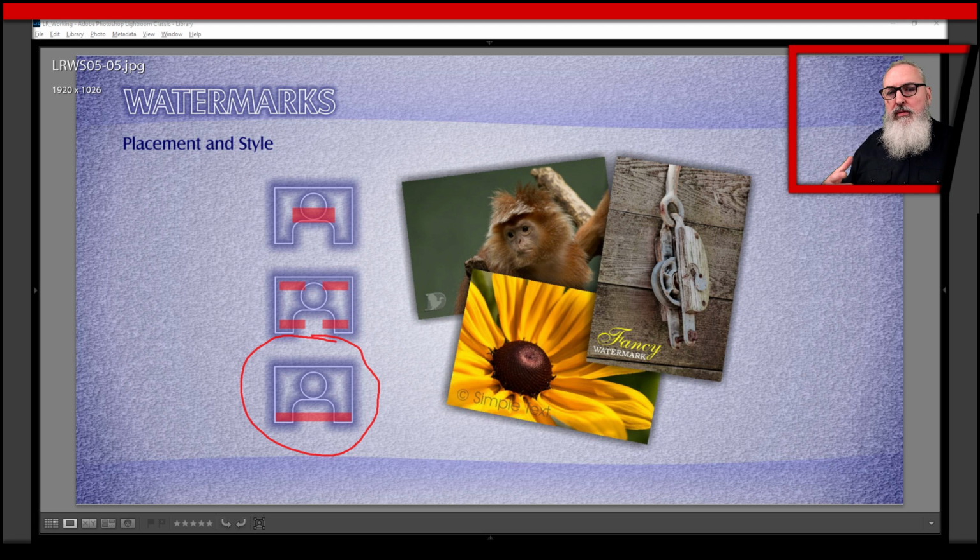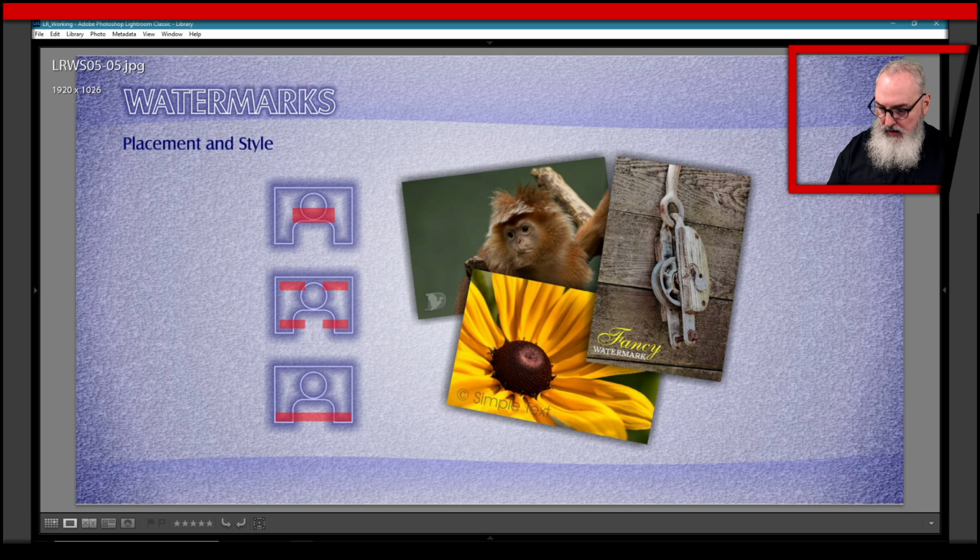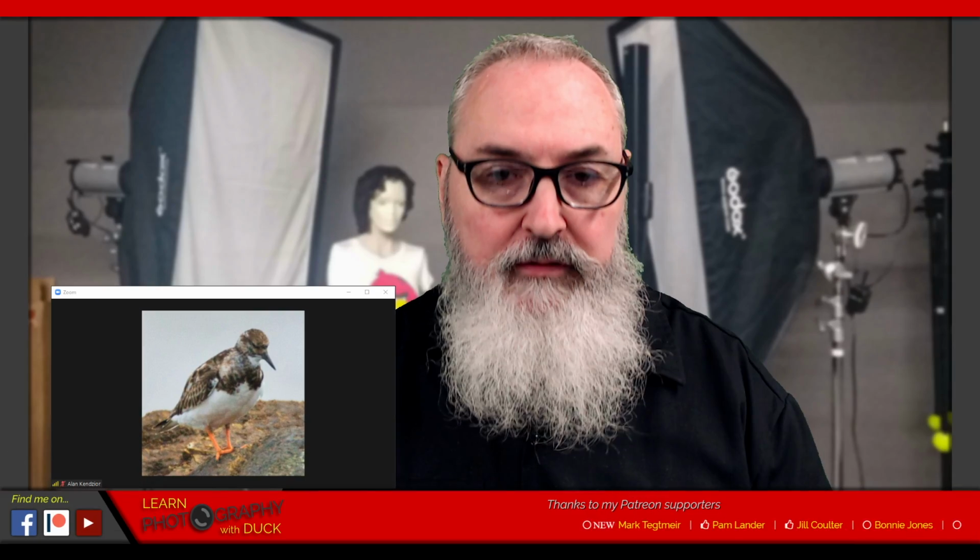So whatever method you use, whatever style that you decide to use, just keep in mind that there's going to be people who have a love-hate relationship with watermarks. Now, while I tend to have a love-hate relationship with watermarks myself,